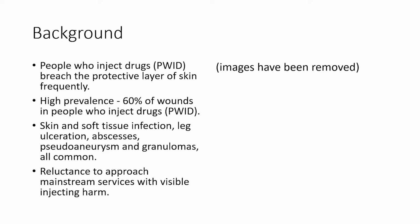People who inject drugs breach the protective layer of the skin frequently. That's no surprise to any of us, I'm sure. The needle will go through the skin layer and into the vein, and in doing so, this creates an injury. There is a high prevalence of wounds in people who inject drugs. A study done a few years ago now in Glasgow showed that 60% of people who inject had experienced wounds,